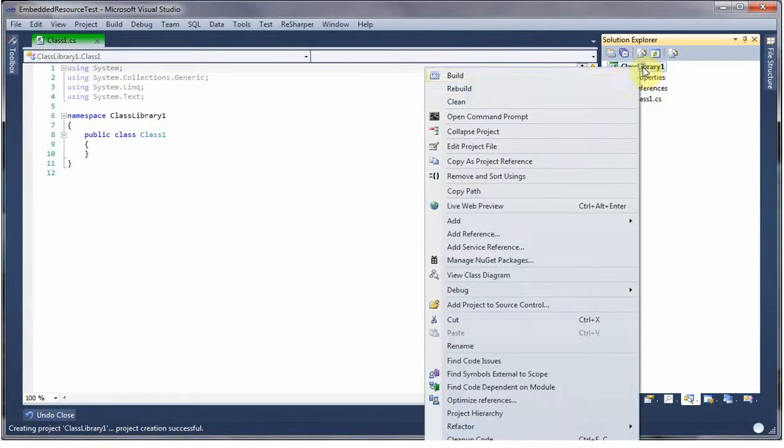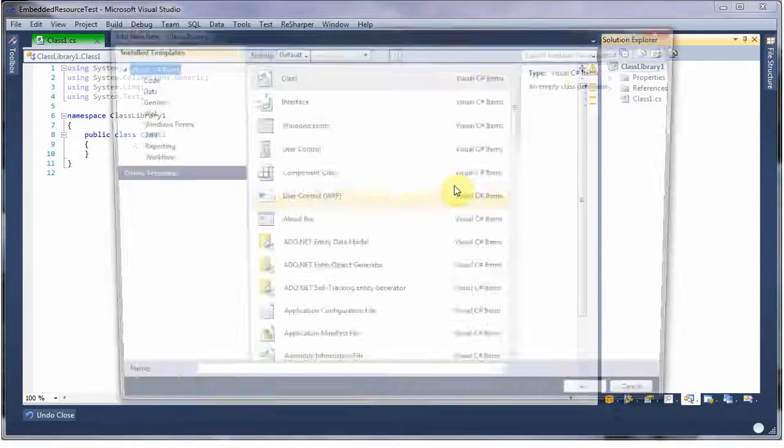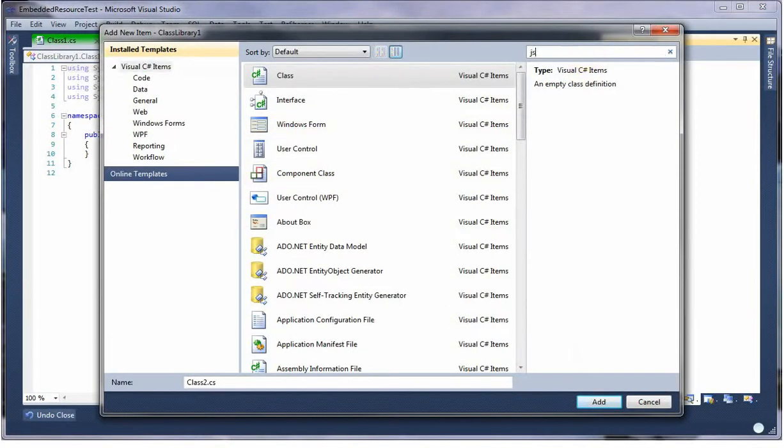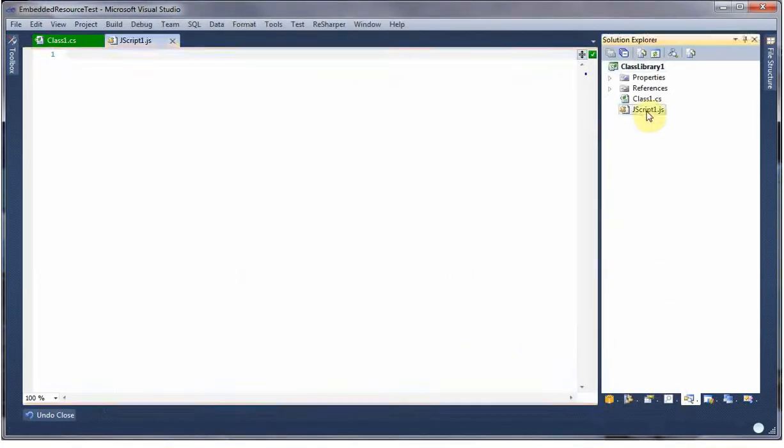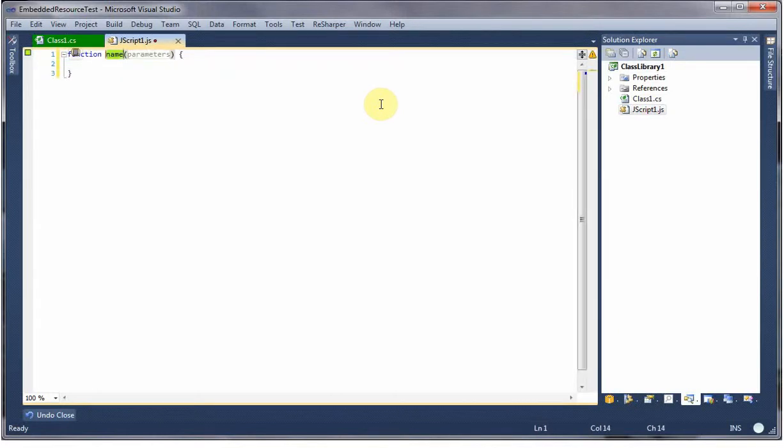And next, you have to add your JavaScript file that you want to embed as a resource. So I will add a very, very simple JavaScript file, which will do nothing more than a basic function, which we will name test alert,